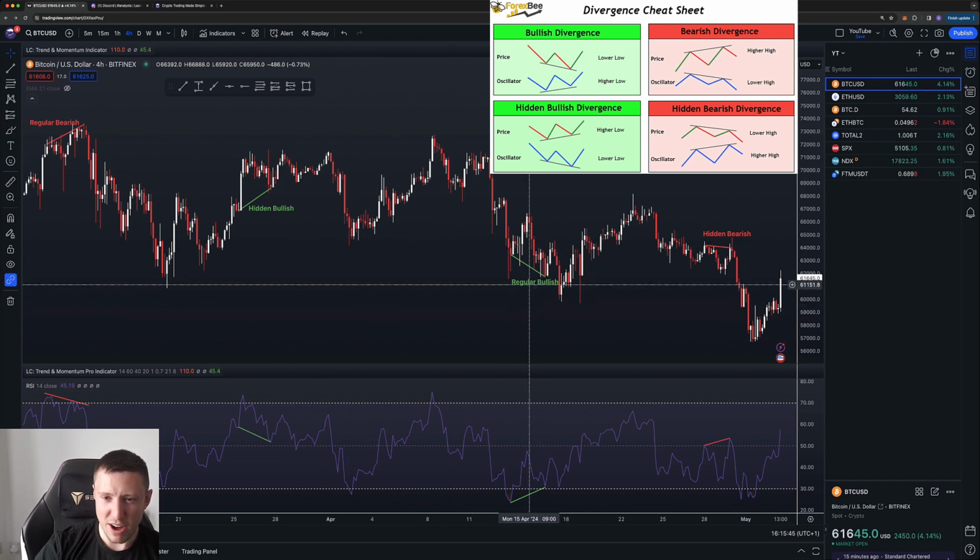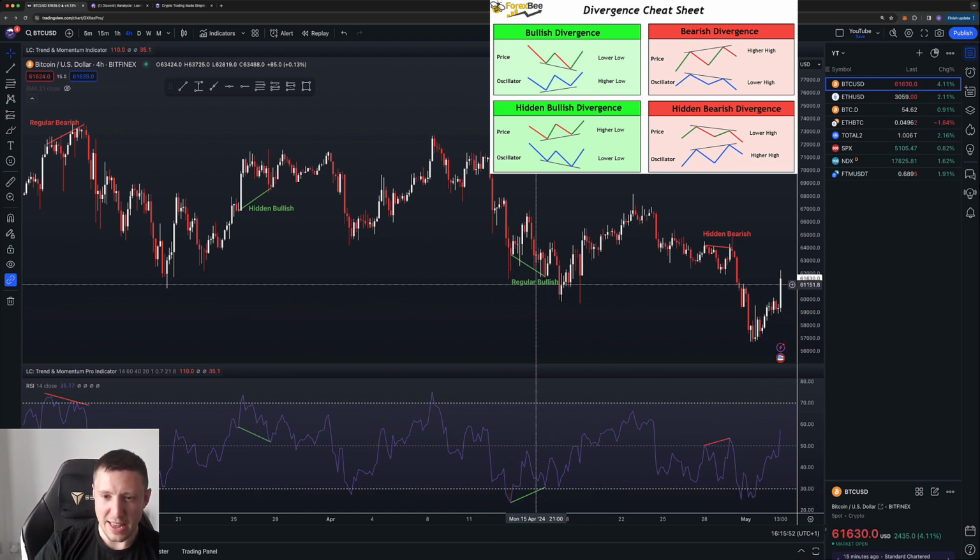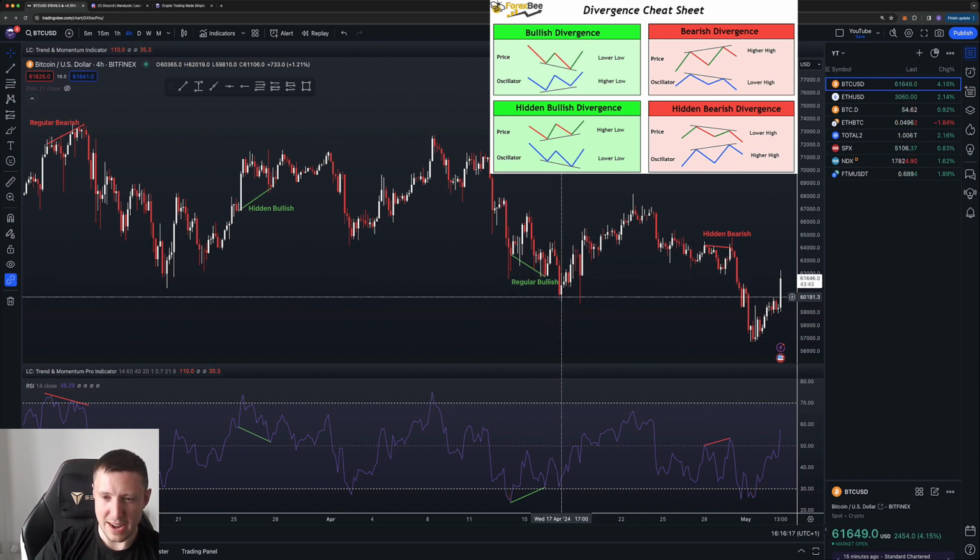Next one is a regular bullish divergence. As you can see, price is making lower lows, but the RSI is making higher lows. And again, a regular divergence indicates a change of trend, which is what we got, although only a small one. We bottomed out here, formed that divergence, had a little bounce, and then made another lower